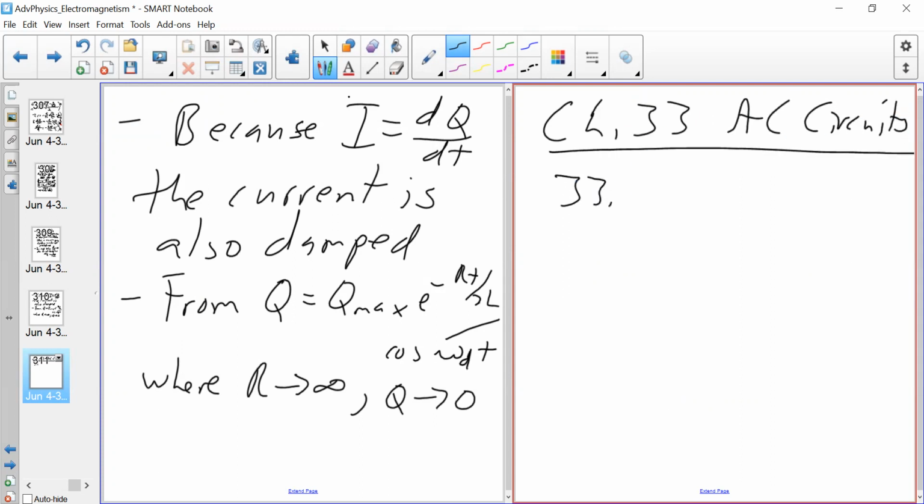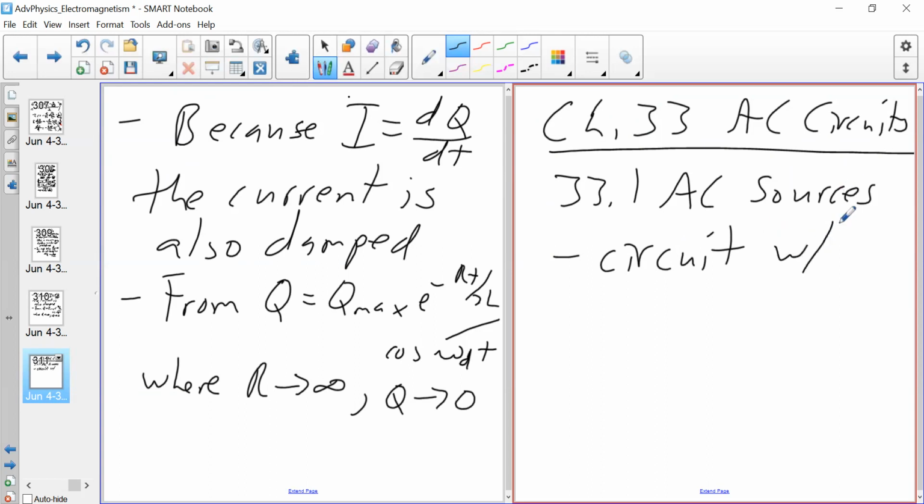So there are a couple of AC power sources that can create alternating voltage, alternating current, and we'll be dealing with AC in different types of circuits. So a circuit with a power source